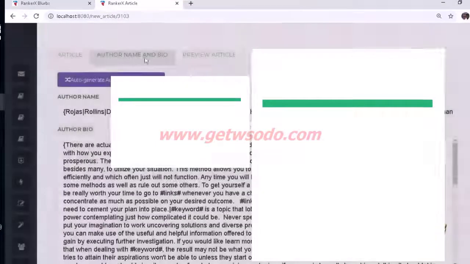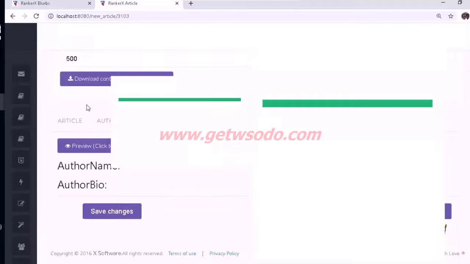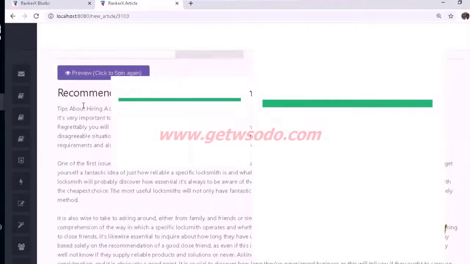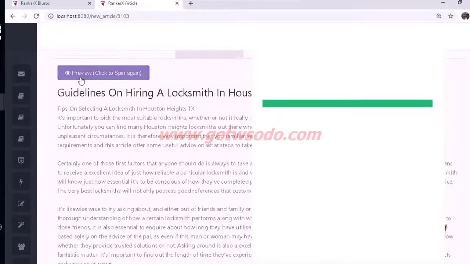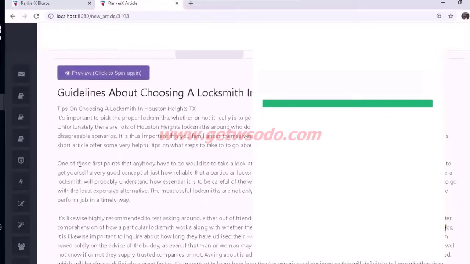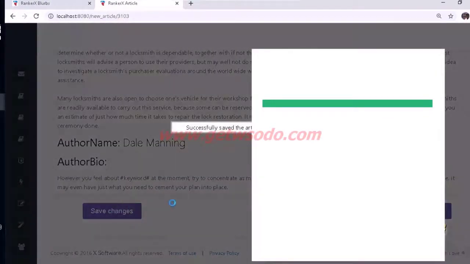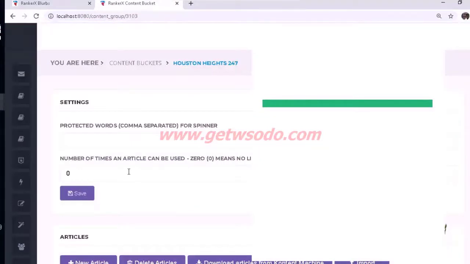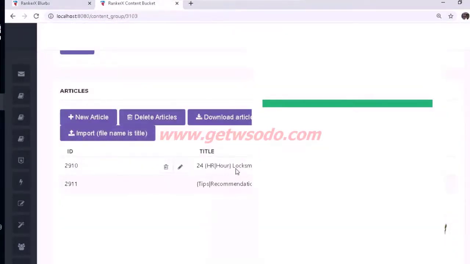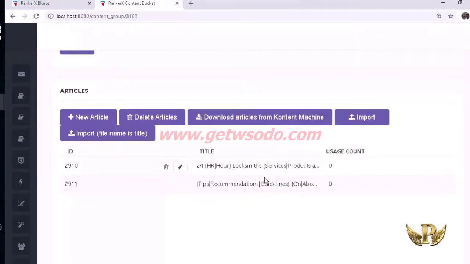Alright, go to author name, bio, auto generate, preview. And that looks pretty good to me. Save changes. You're really going to want to do this until you get like 5 or 10 articles. I'm going to do this like a shorter run, so I'm not going to go through all the repetitive motions. You just need to do 5 or 10. And then once you do that,